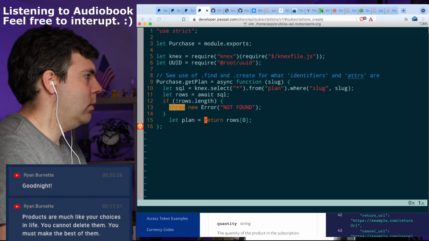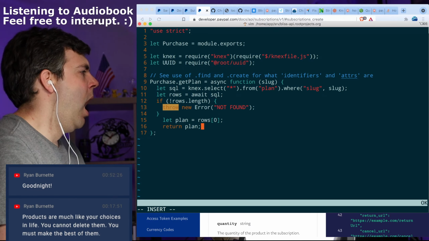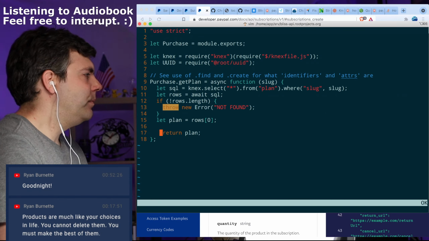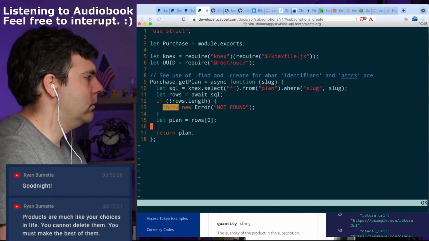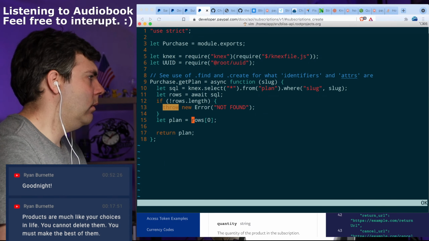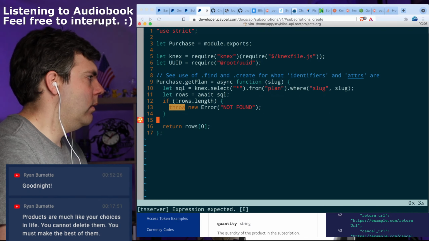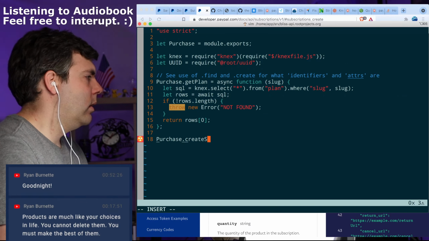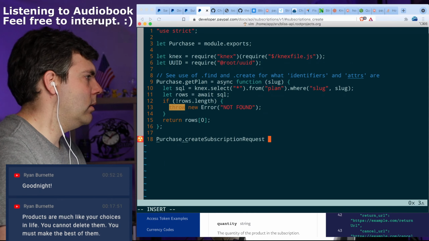That plan is equal to rows, I'll just leave it as get row 0. Create subscription request.